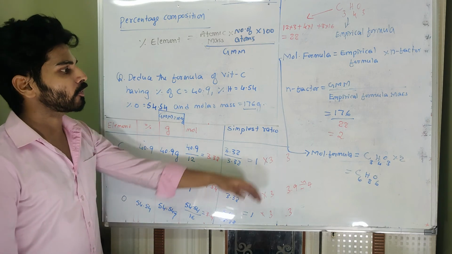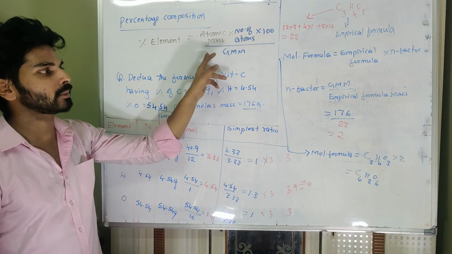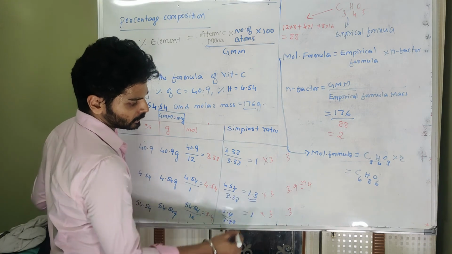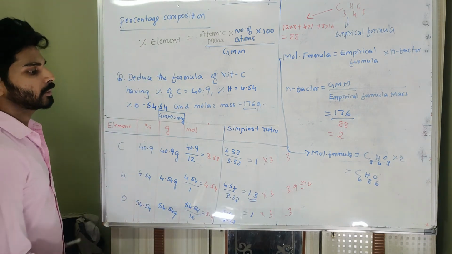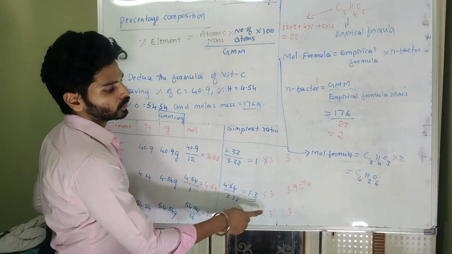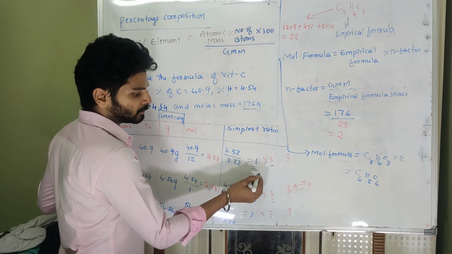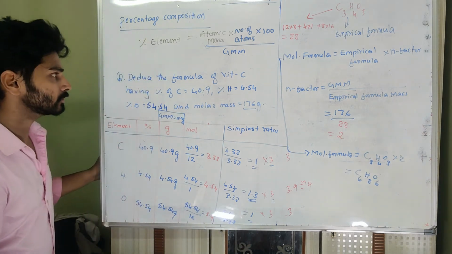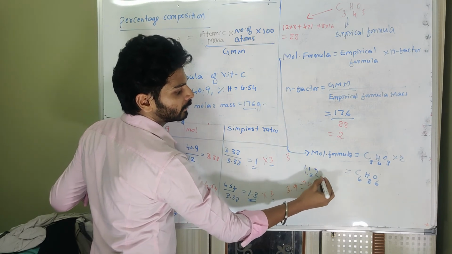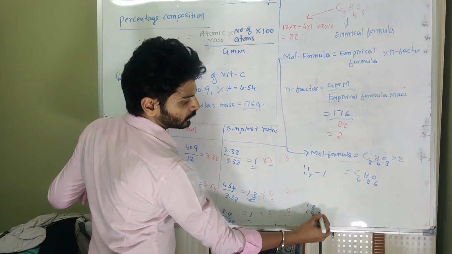And for the molecular formula, if the molar mass is given, I will recommend you just go with that formula, because this method is way longer. And one more thing: if this particular ratio is not coming in whole numbers, then you keep on multiplying by different numbers, and there are so many calculations involved here, then only you can get the whole number. Now remember when to multiply to get whole numbers, when the simplest ratio is not coming out to be a whole number. Remember, if it is 1.1 or 1.2, you can make it 1, no problem. If it is 1.8 or 1.9, you can make it 2.